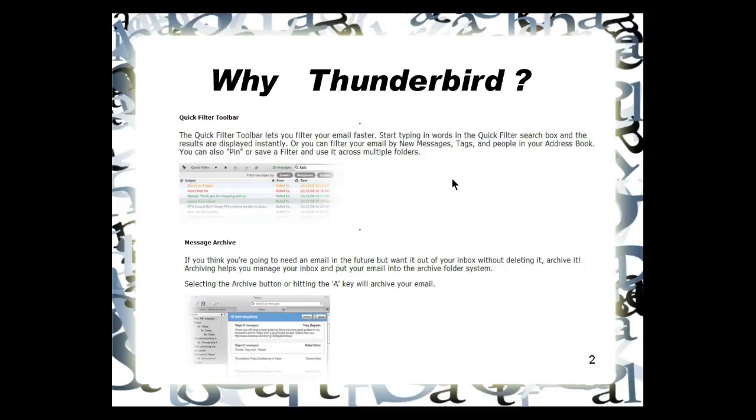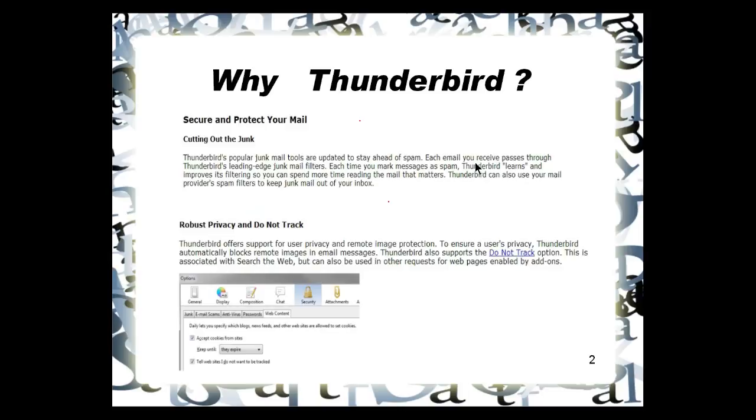unclutters your email and puts it in a separate folder. Up to you whether you do that or not. I basically back mine up and then just clean it off totally. I think I need to do that now with almost 30,000 emails. Okay,